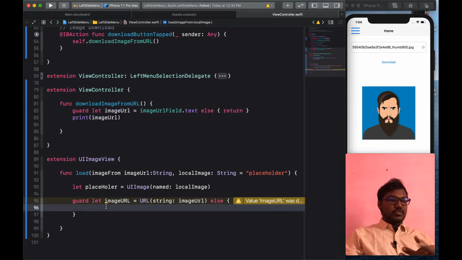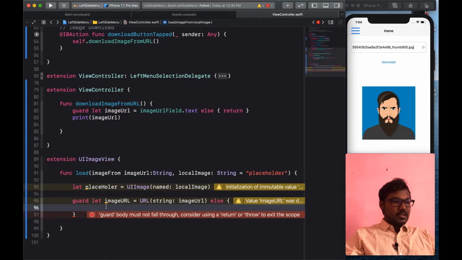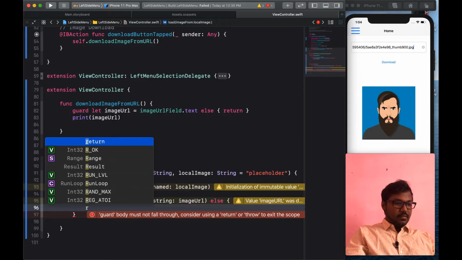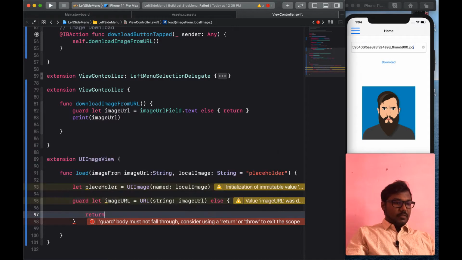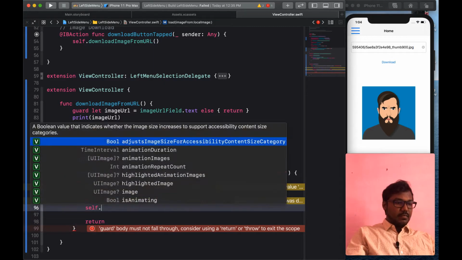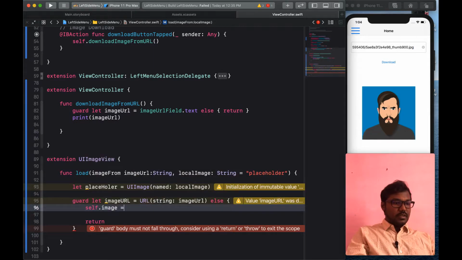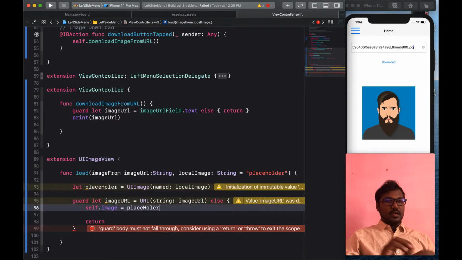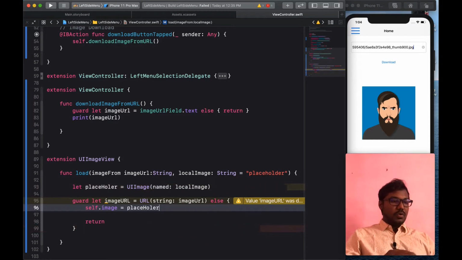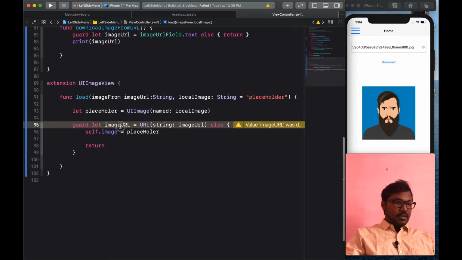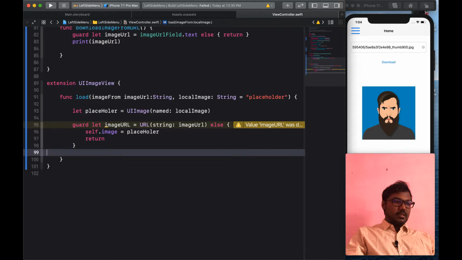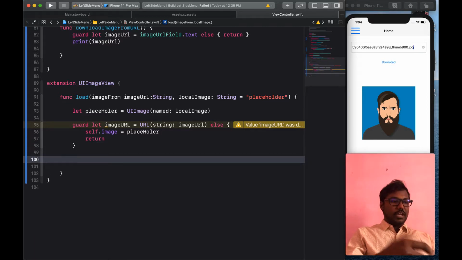If the image URL was not converted successfully, we set self.image equal to the placeholder image and return it to the image view. Or else, if the image URL is valid, we proceed to download the image and preview it on the image view.